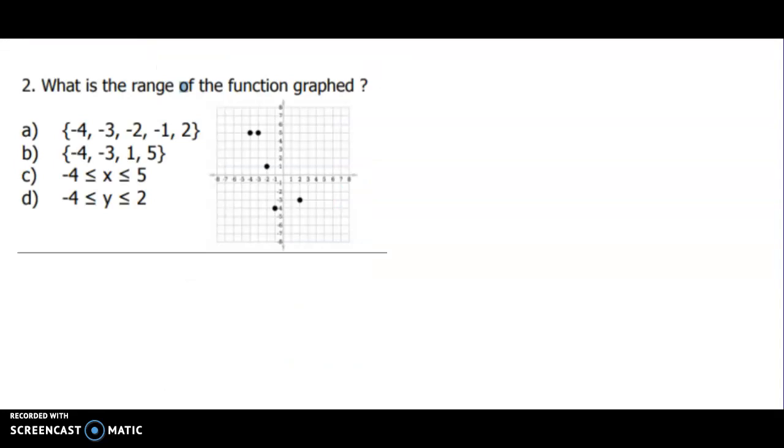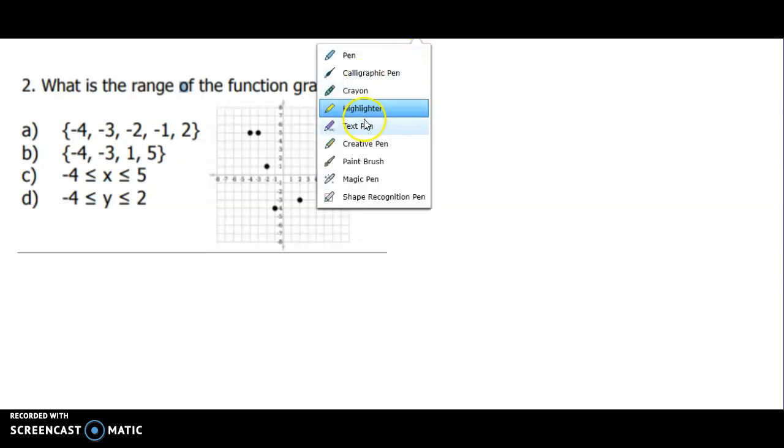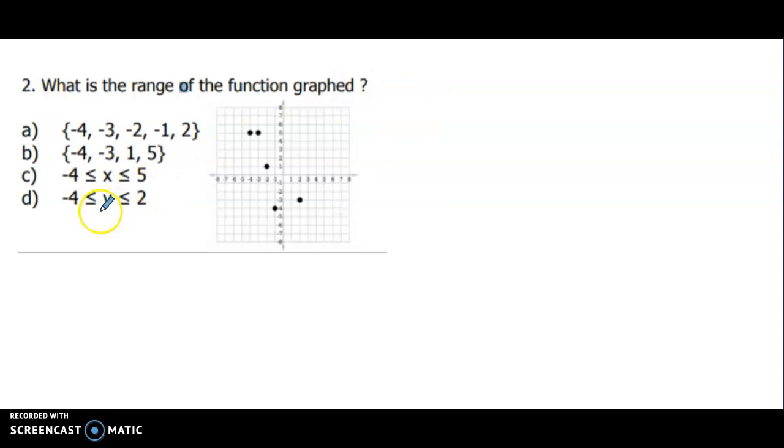All right, number 2. Skipped over this one on accident. It says, what is the range of the function graph? Now, the range is always talking about my y values, okay? So let's take a look at this. My y values, well,